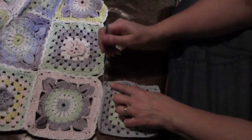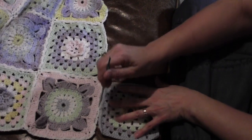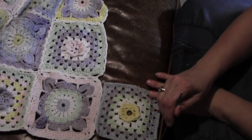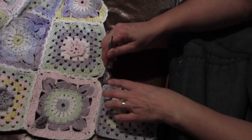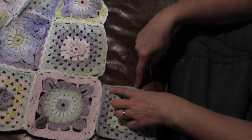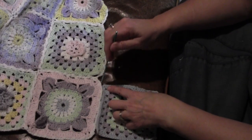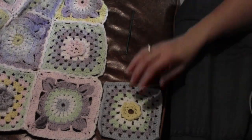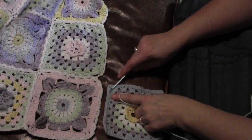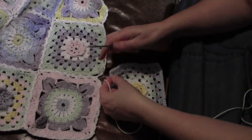I could just start right here on this corner. I'm going to start on this corner and I'm going to attach it here. Then I'm going to put an edge here and an edge here. And then I'm going to put an edge here. And then I will have white side, and then I don't have to cut my thread. I can start on this corner with the next square. So here I'm going to be adding the white trim at the same time that I connect it. So I will start in my corner